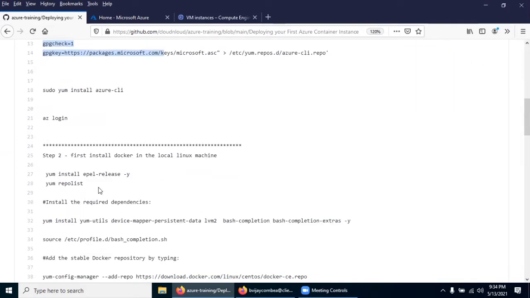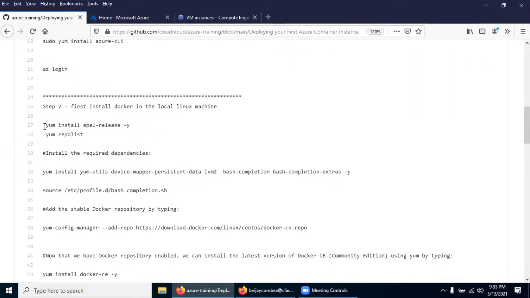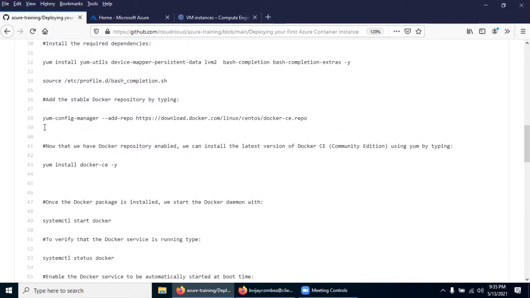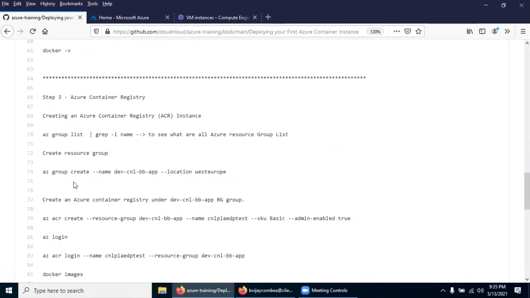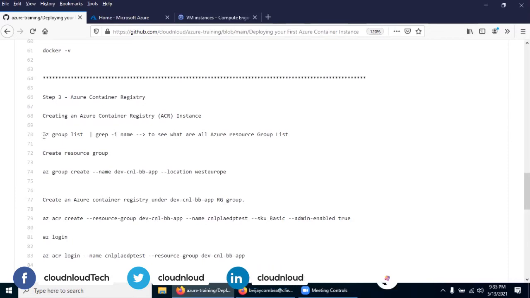Then we will install Docker in the Linux machine and configure Docker. Once Docker is installed, then from the Linux machine, remember we have synchronized our Azure account. We are going to create a couple of things.